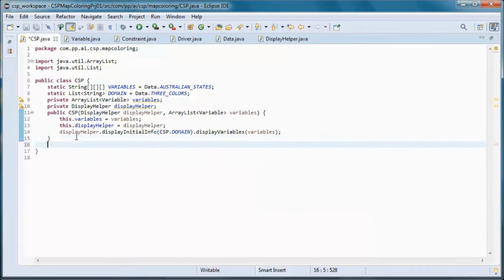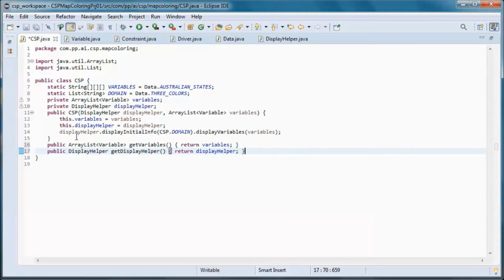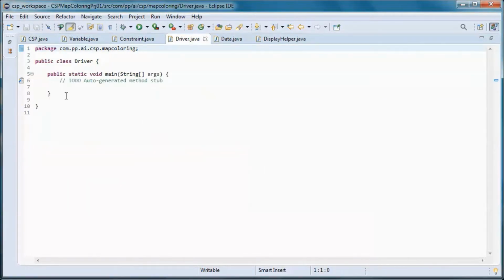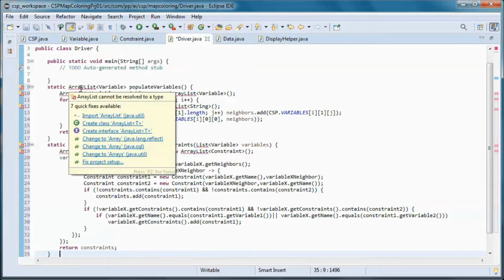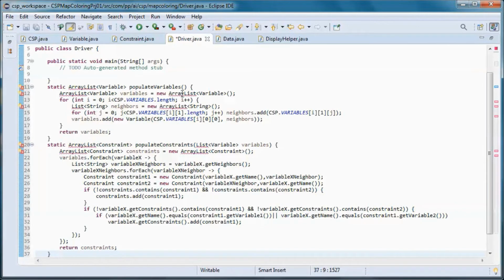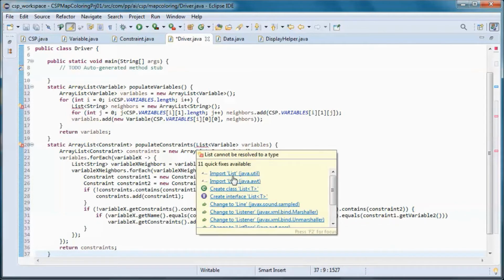And we'll have get methods for those 2, and those 2 static methods will populate the variables and the constraints.